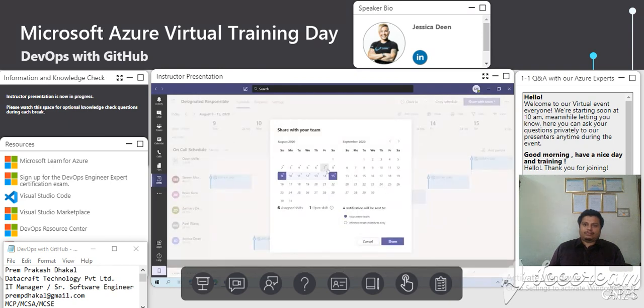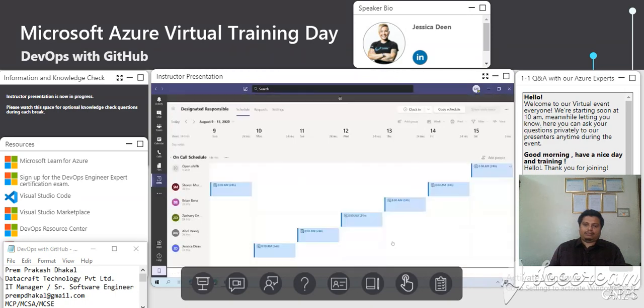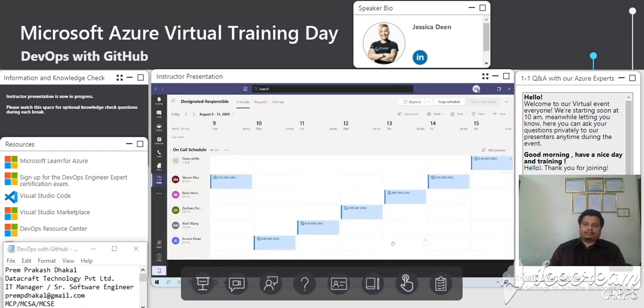I can go by date range. I can share just one of the weeks we've created. I can share both of them. I can choose to share notifications with the entire team, or only those that may be affected by this change. For example, if 2 people swapped shifts. Once it's shared, now we can say that the schedule is officially locked in, and we can begin leveraging it